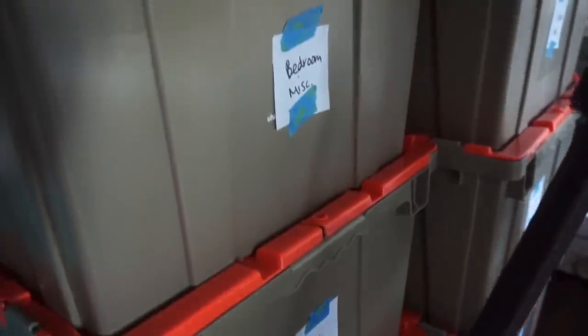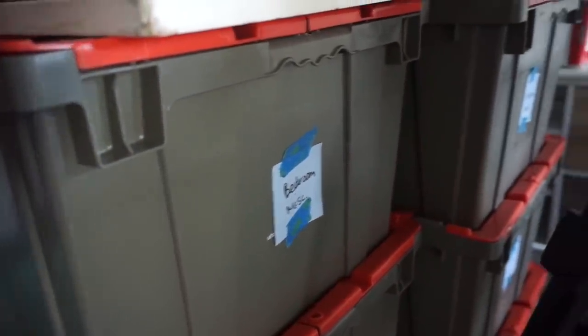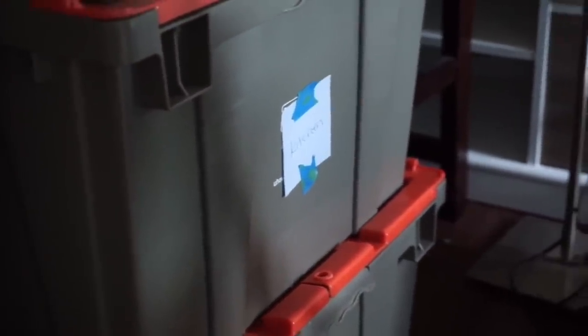So yeah. Oh, on a side note, out of all of these bins, I had a lot of them categorized, but there were some miscellaneous items. So I had about 2 full bins of miscellaneous things, which is completely fine. Other than that, this is a really great system